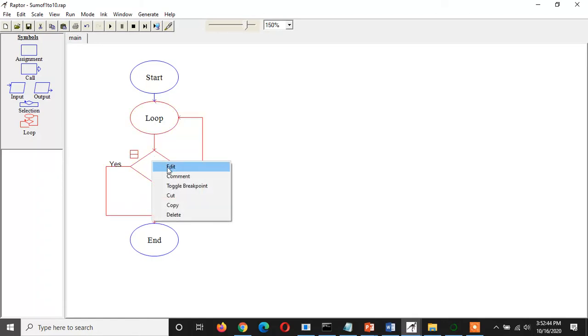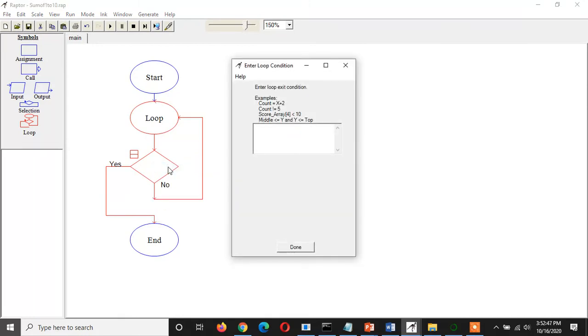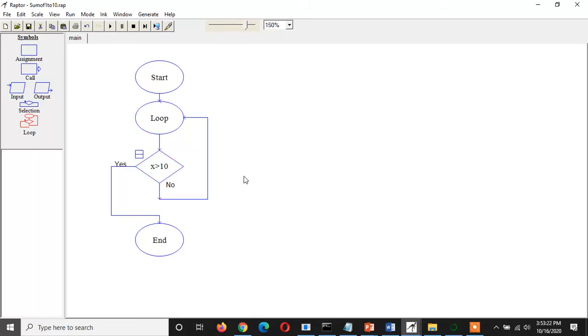So first of all let me write condition for exiting the loop. So it is also showing that enter loop exit condition. So when we have to stop this loop, when we reach up to number 10. Now that number I am going to assign into some variable x. So I am writing when x is greater than 10, at that time stop this loop. After stopping, what is to be done, that we'll write, but we have to stop when x is greater than 10. So that is my termination condition.